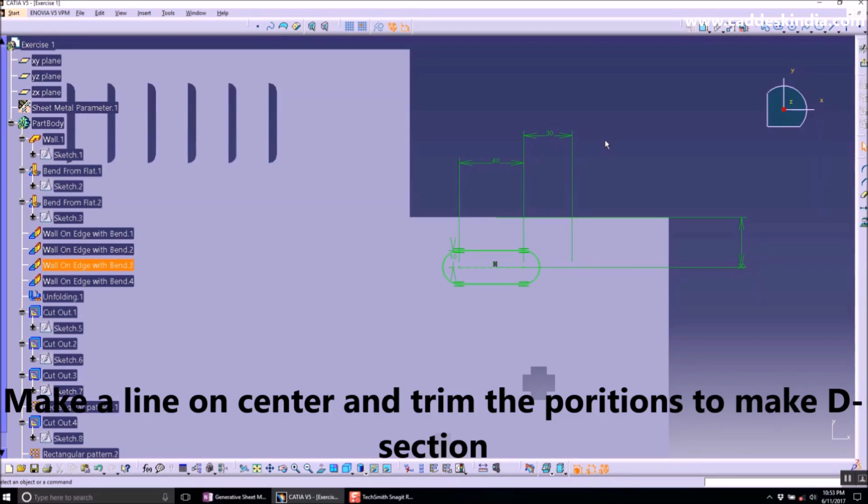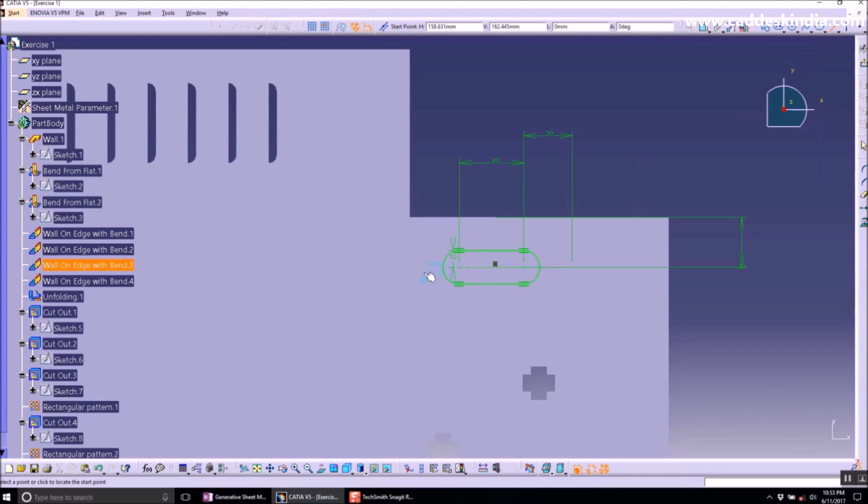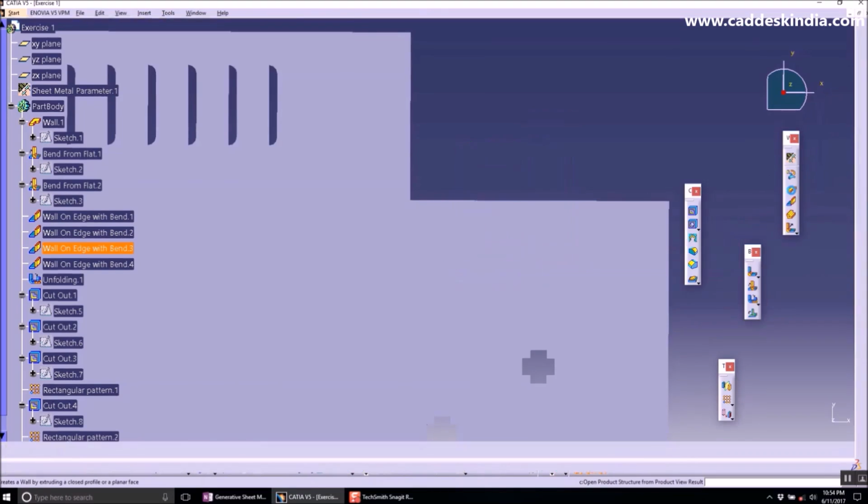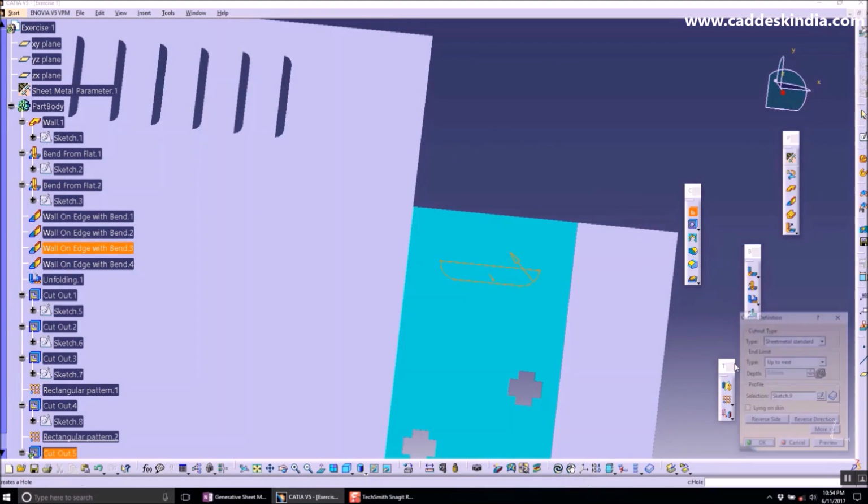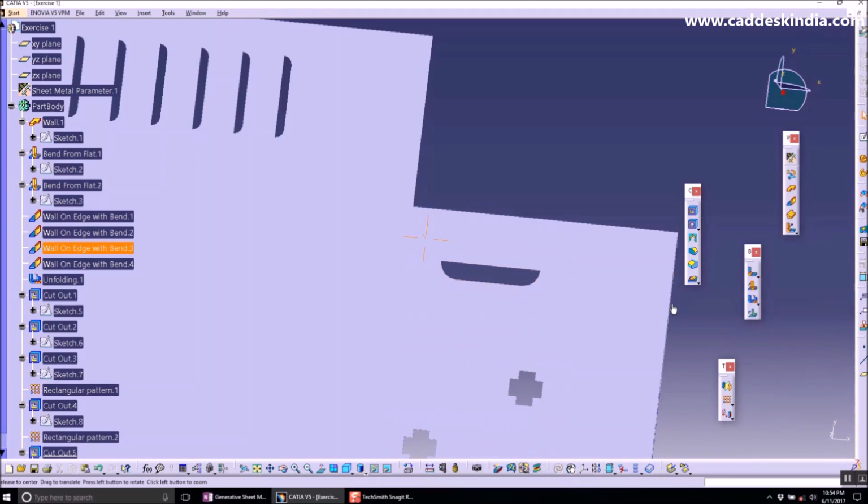Now the next thing to do is to cut the other part from the slot to make it a D section. For that we will be making a line and trim all these extra parts, and get out of the sketch. Let's make a cutout from this,